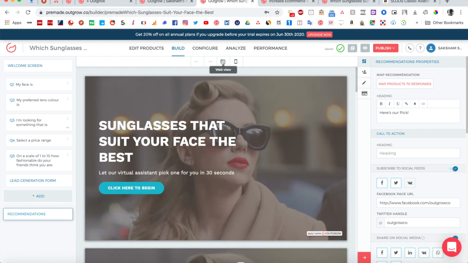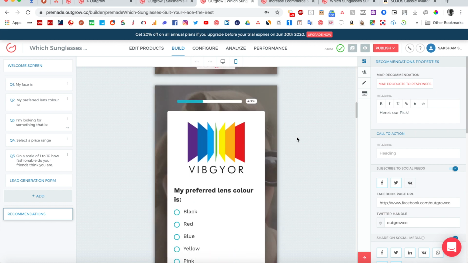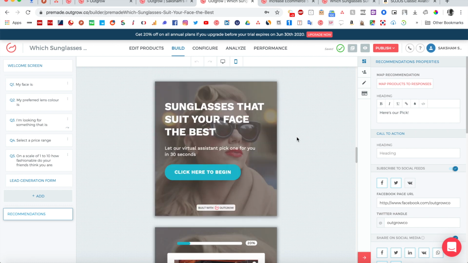Once that's done, it's key that you also check whether this experience is ideal for mobile. Currently you're seeing web view, but if you click on this, you can also see the mobile view, and how it will look to a mobile user. You can customize this further depending on whether most of your people are using this experience via a phone or via